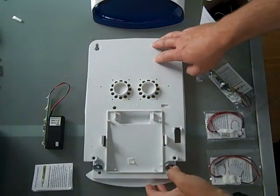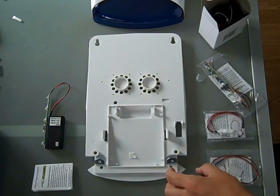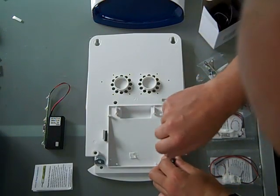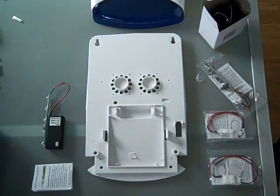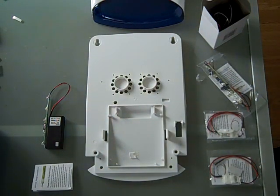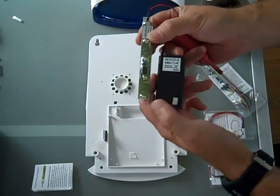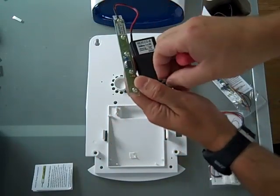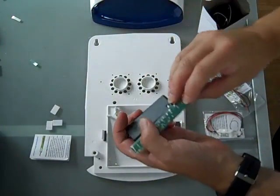The hex LED B is a similar installation to the previous one. All we need to do is to remove these brackets. We no longer need those. This is the hex LED B battery operated version. To start it flashing, just pull the tag. The hex LED B comes with 3 sticky pads,